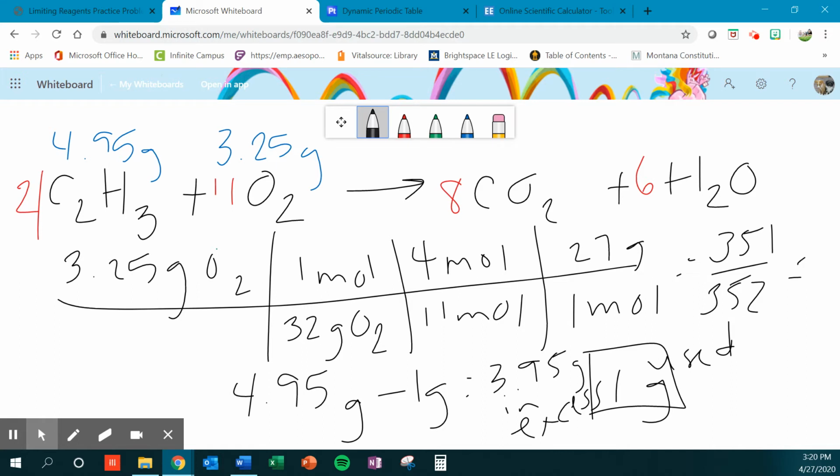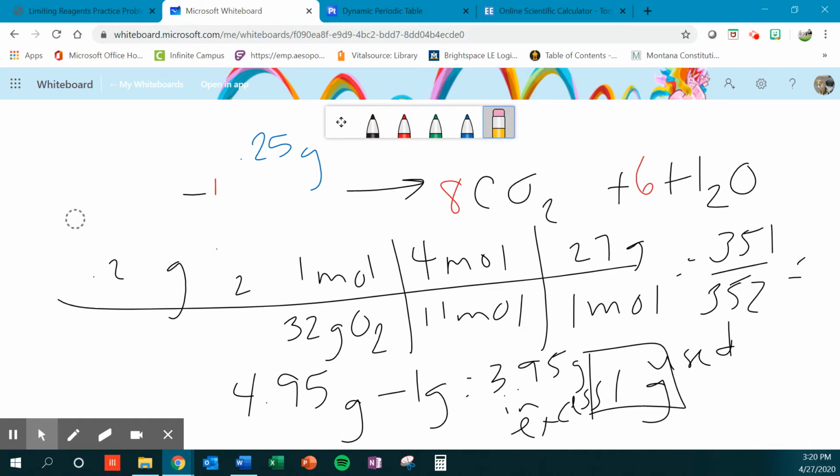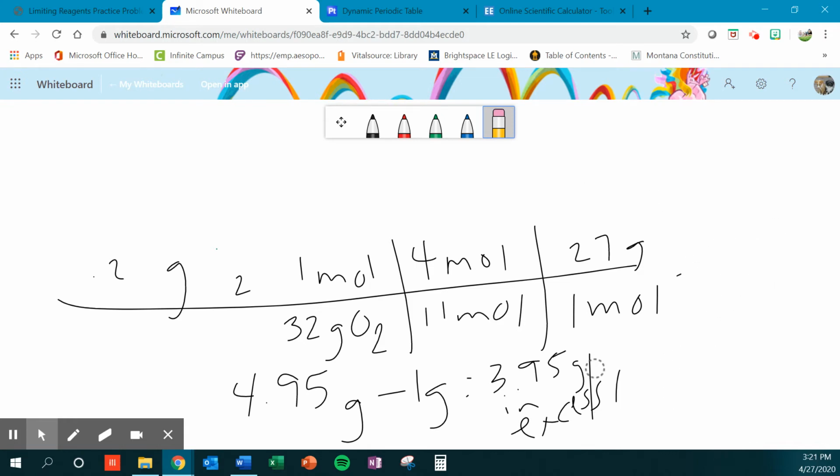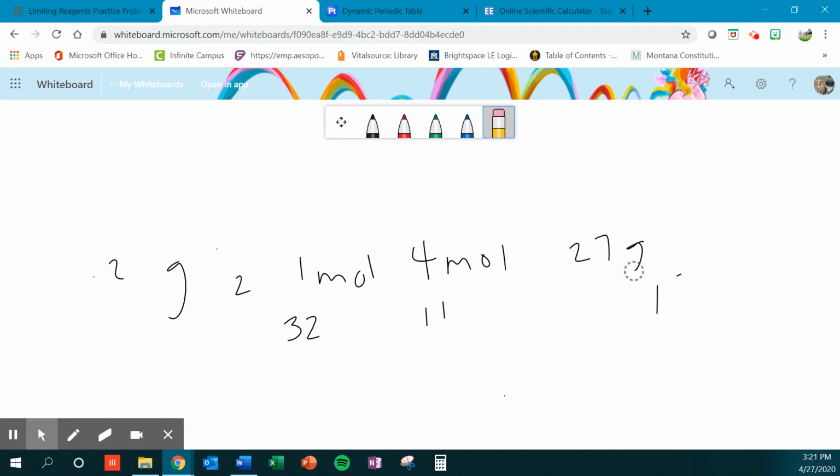3.95 grams. Okay. So that's how many grams of ethylene would be left over because the oxygen would run out. Okay. So then we have to use this as an opportunity to do percent yield. And so for this, we're going to have to use another problem. So percent yield is basically saying, okay, this is how much we expect to get, but we